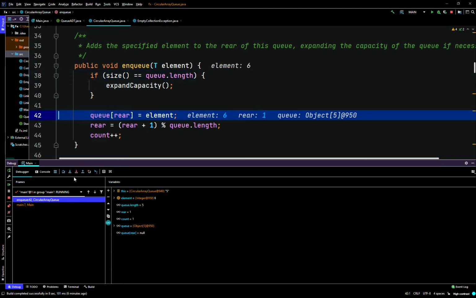So q of index rear is 1. So q of index rear is going to be enqueue to the rear, remember? So it's going to be like, if there's an element here, then it's going to go to the next one, just where the mouse is. If there's an element like here,